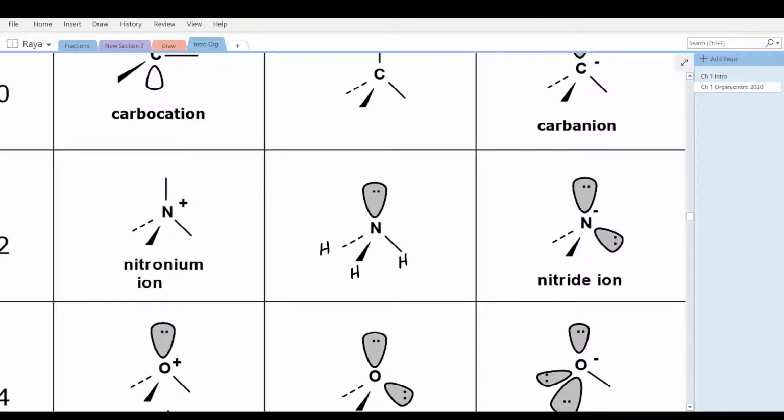Now, ammonia is a moderately strong base. Its pKb is 4.8. If it reacts with an acid, such as a hydrogen ion, it can donate its unshared pair of electrons to the hydrogen ion,